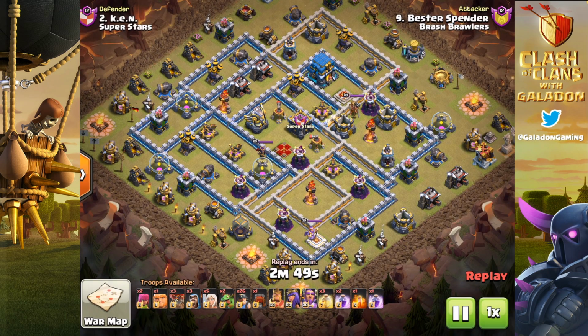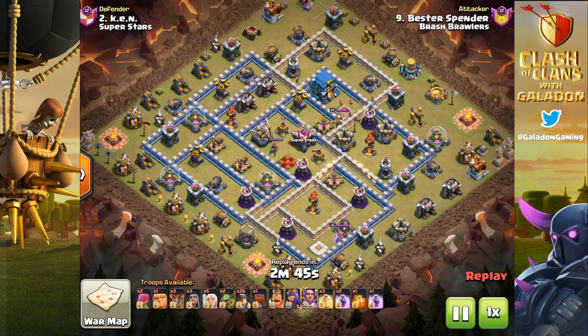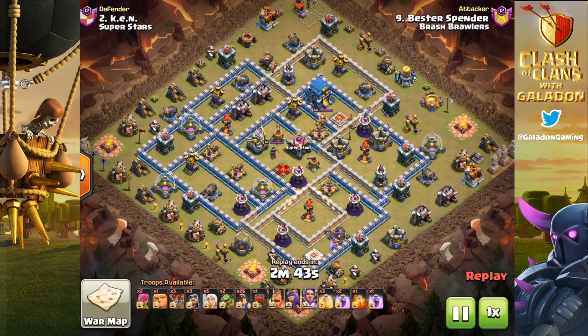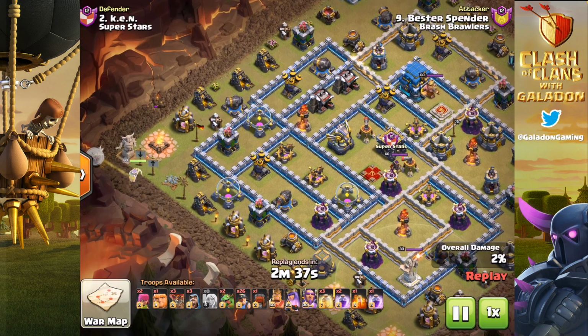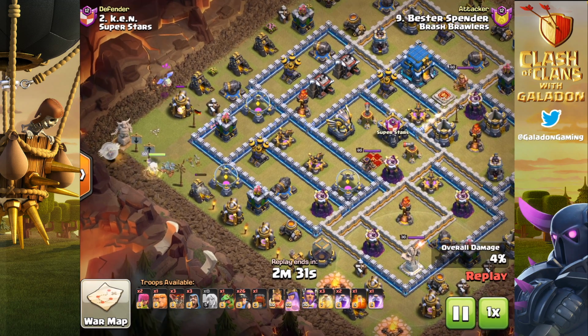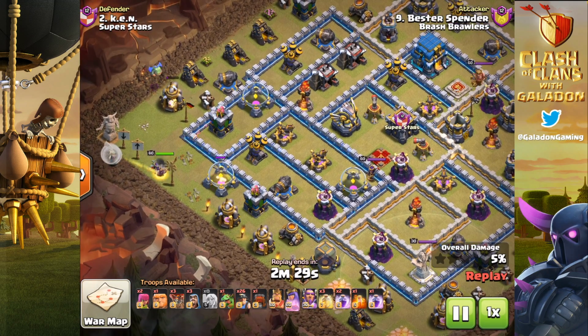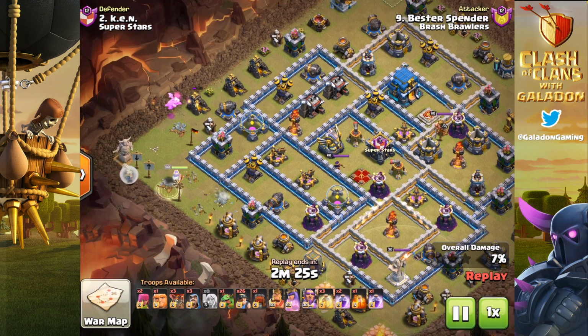It is your host, Galadon, and today we've got 3-star attack strategies using Ice Golems for Town Halls 10, 11, and 12. So this is from a recent developer war. We've got some fantastic clashers. These guys, some of the best war players in the world. I cannot reveal their names, but I can just tell you that these guys 3-star a majority of their attacks,